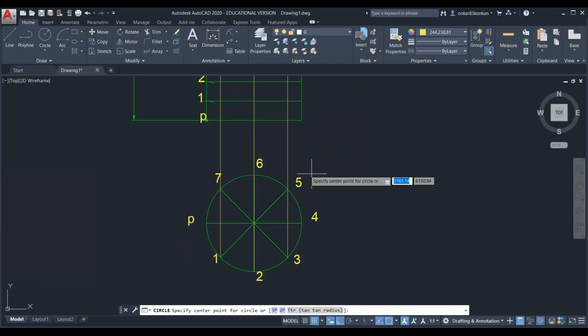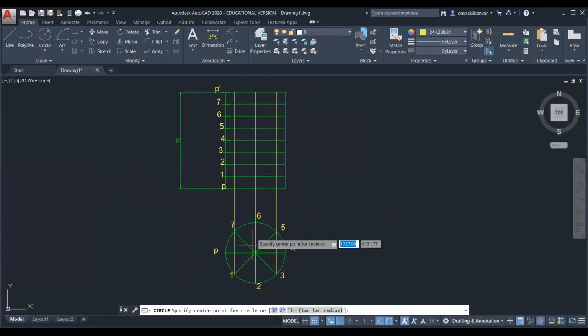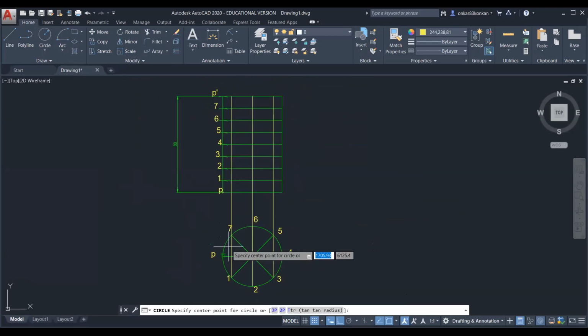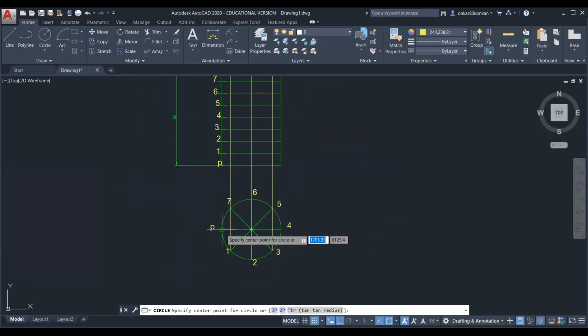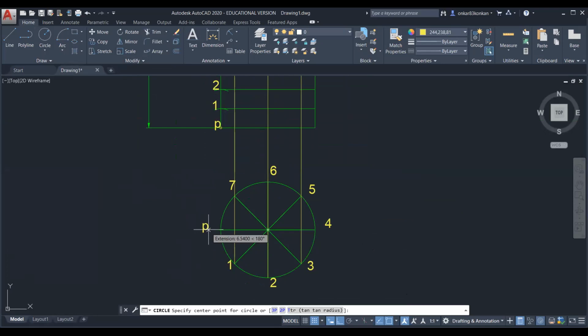It is moving in the anti-clockwise direction. In the top view, the point P after 1/8 of a revolution will shift from point P to point 1.